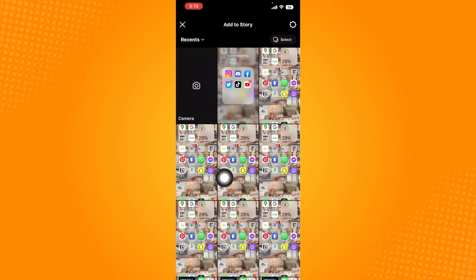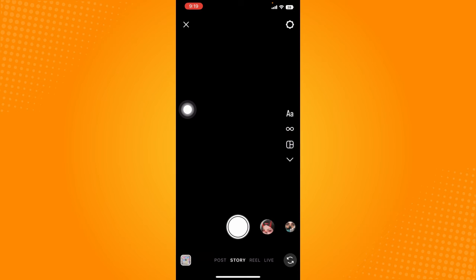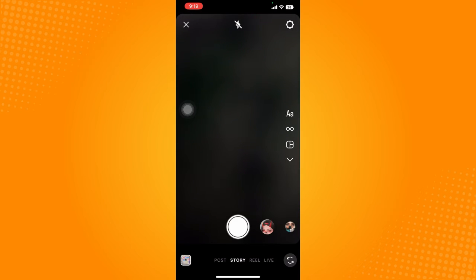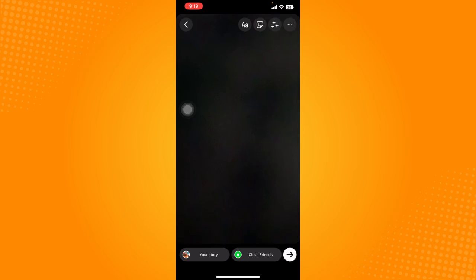You can also click on a certain photo or video or any media you want to post your story with the link. But I'm just going to open up the camera right here. I'm going to take a random photo, or you can just click that. And from here, right beside the Aa icon or the text icon, just click on the sticker icon